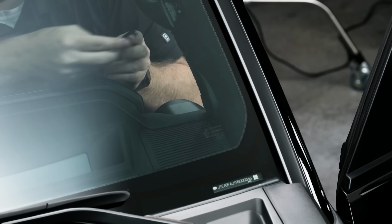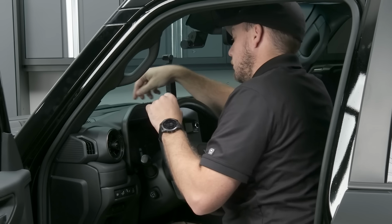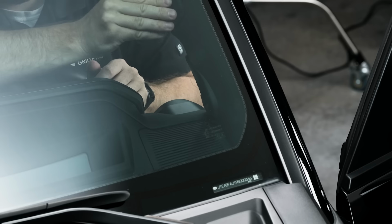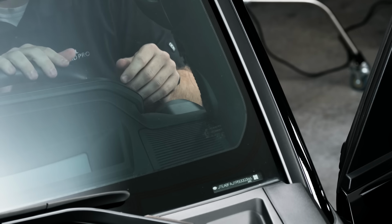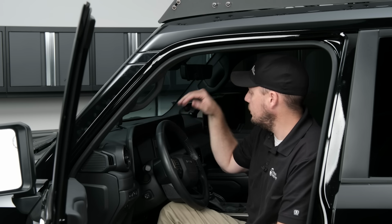Last step is to replace your covers. And those will just pop into place. There we go. Now that we have our corner dash and our A-pillar knocked out, let's go ahead and do